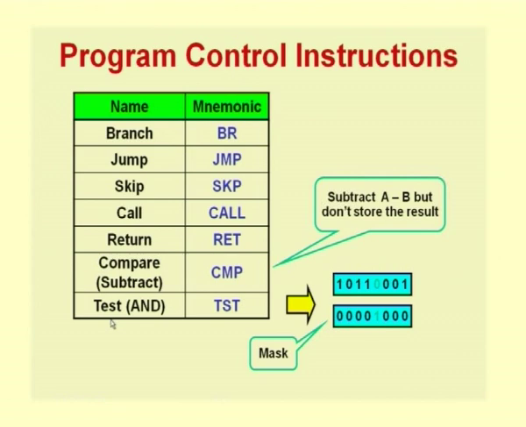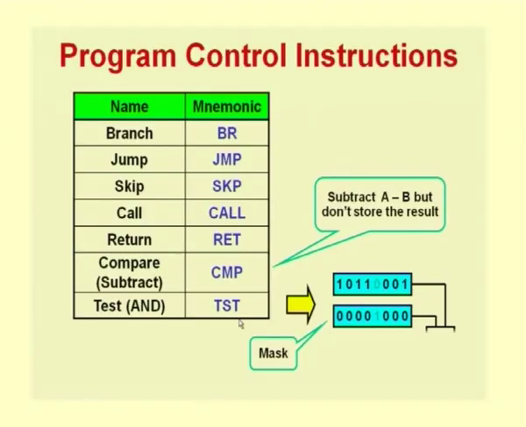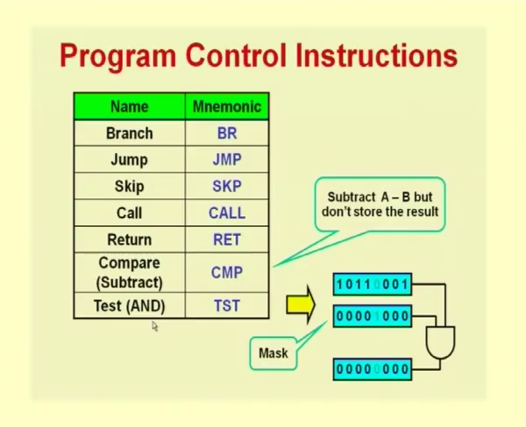There is also a test instruction which is normally provided on many architectures, which is basically an AND operation with a mask. Now, the mask register may be implicit or explicitly specified. Assuming that you have a mask register, what this test will do essentially is a bitwise AND operation. So, if you have this as your input register that you want to test, you want to check whether a particular bit is equal to 0 or 1. So, you AND it with a mask, and depending on the result you can identify whether that bit was a 1 or 0. So, this is used for testing bits. So, we have these test instructions.